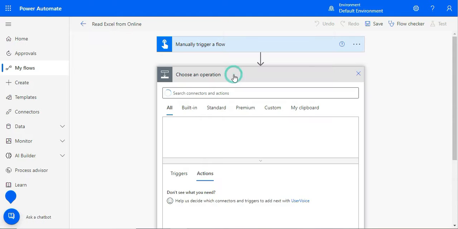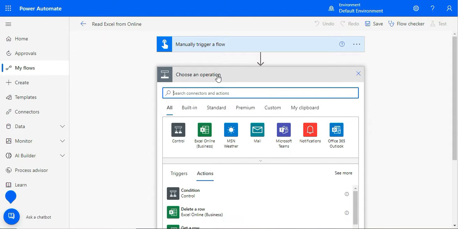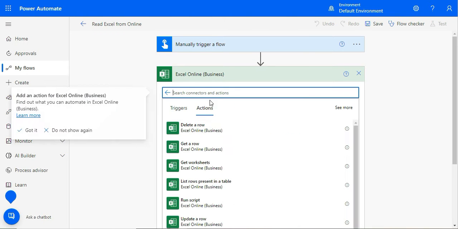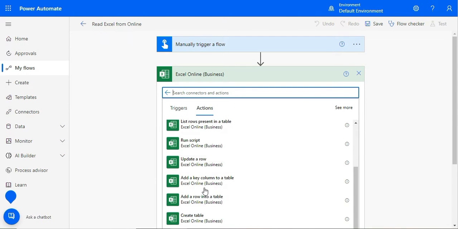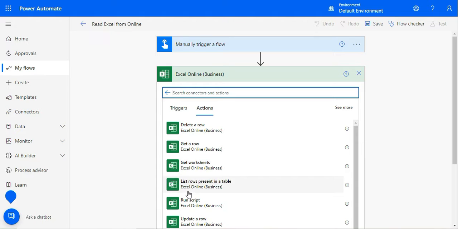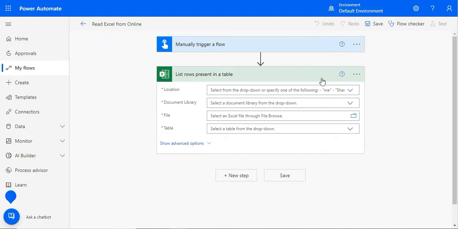Adding a next step. So here I am going to select Excel Online. Okay, so here a lot of actions are there. I am selecting List rows present in a table. Okay, and I am selecting my SharePoint site as the address,